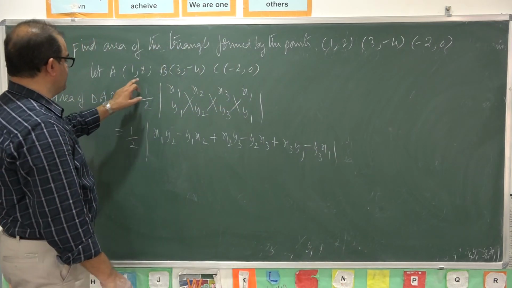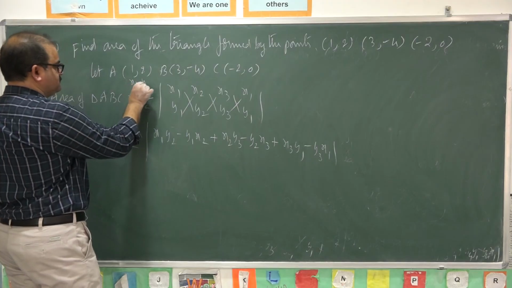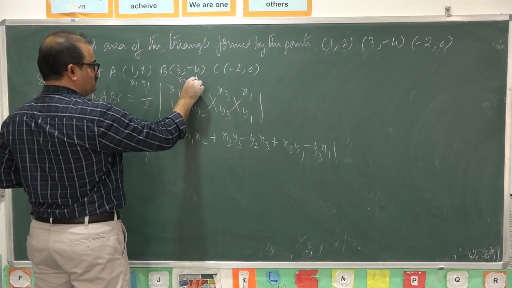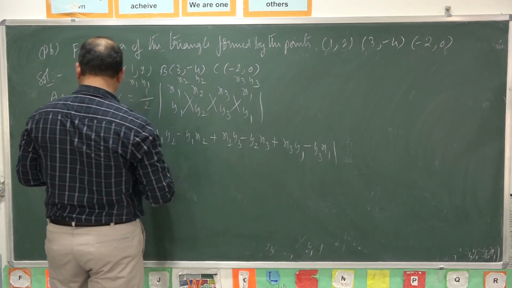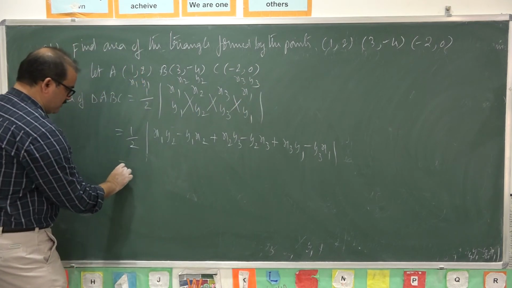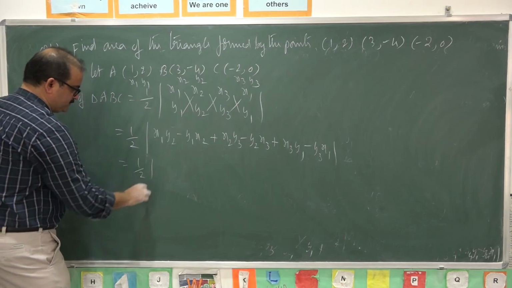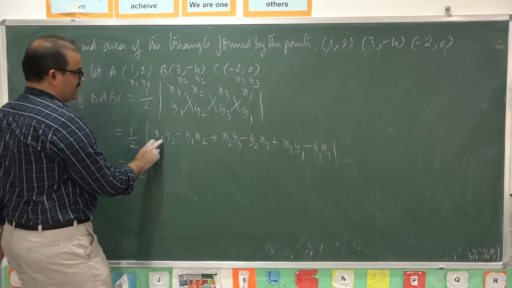Here take A (x1, y1), B (x2, y2), C (x3, y3) and apply this formula, 1 by 2 into modulus of x1 into y2,